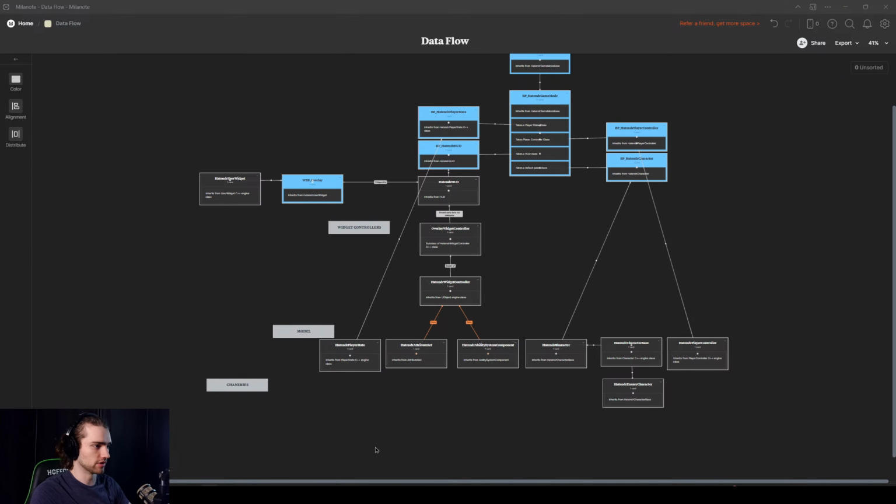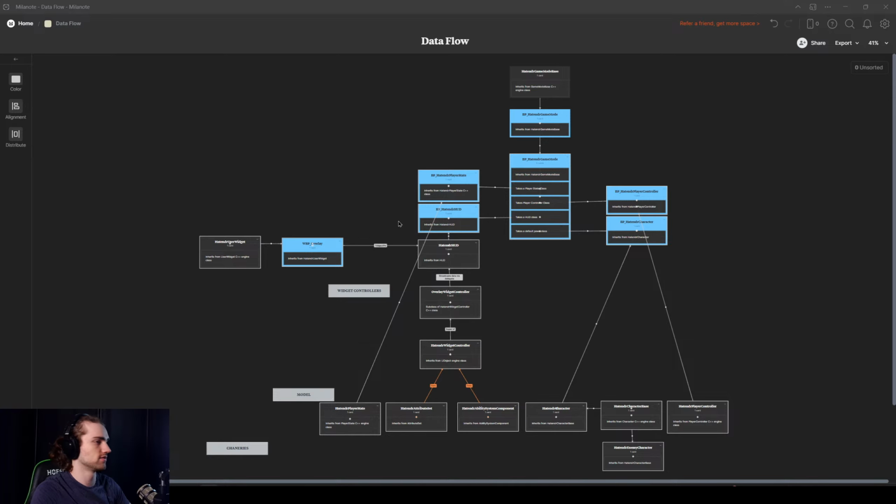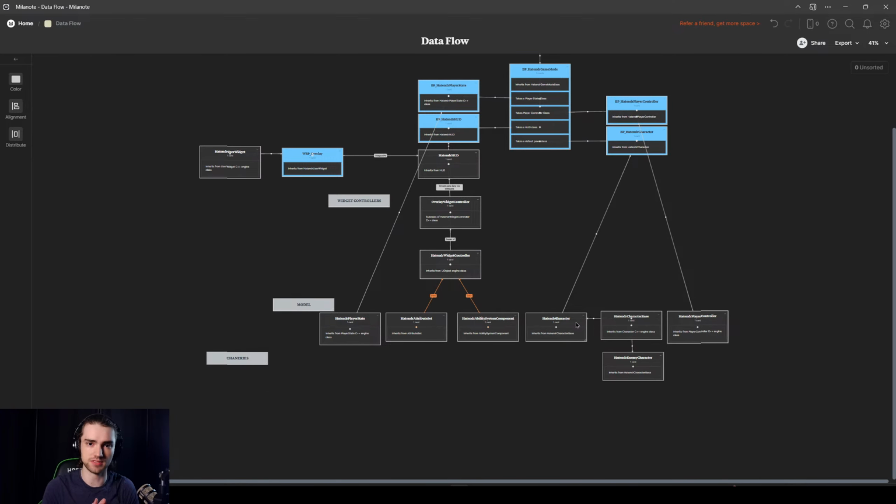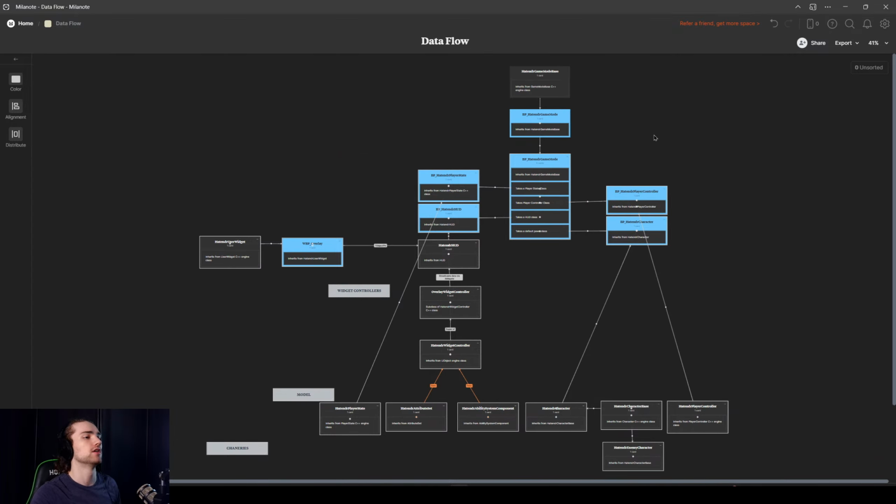What the heck do I even call this? Data flow, I guess? Well, basically, when I first started doing Stephen's GAS course, I had a really hard time understanding how all of the classes that I was creating were talking to each other and sending data. And through making a graph of it all,